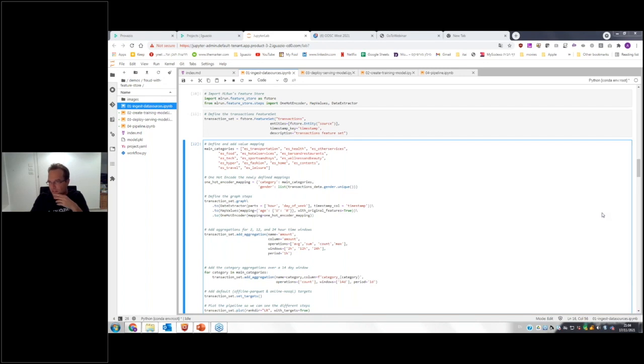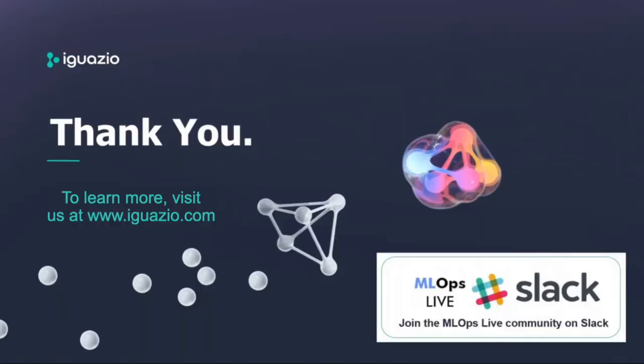Okay, I think I covered those questions that I saw in the chat. So that's pretty much it. I think to summarize, real-time feature engineering shouldn't be so complex if you're using a feature store. There are many benefits you can get out of a feature store that supports real-time pipelines, and we will be more than happy